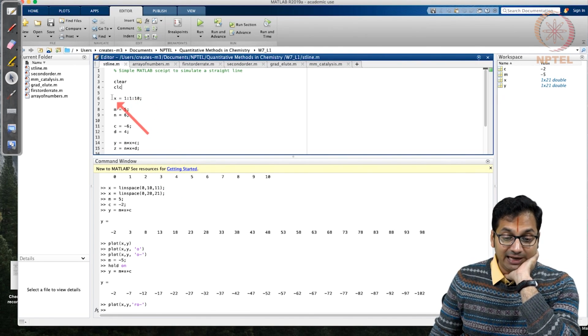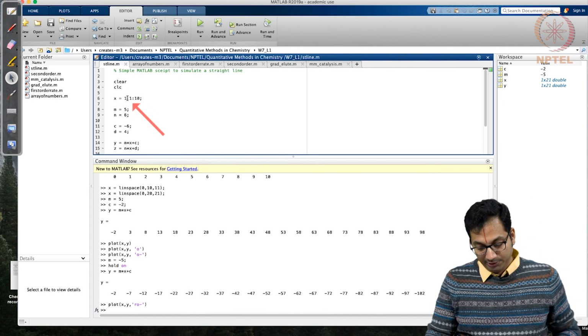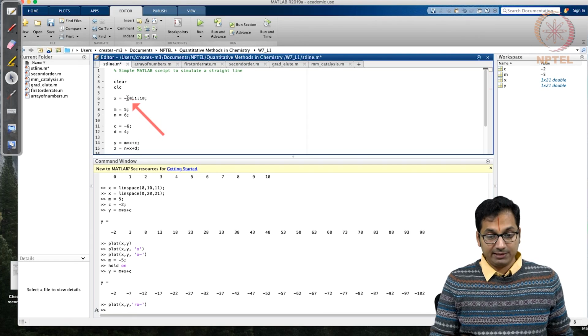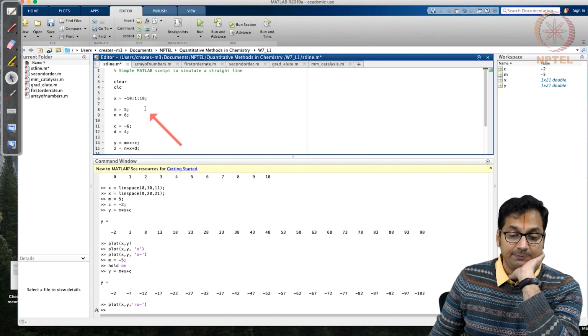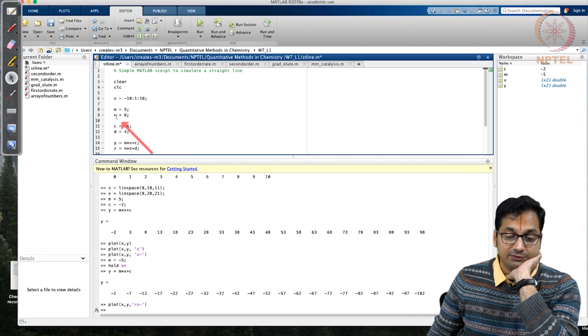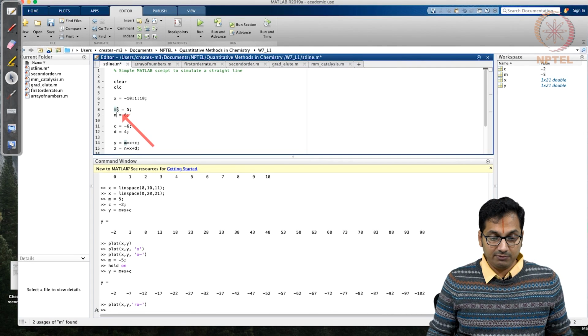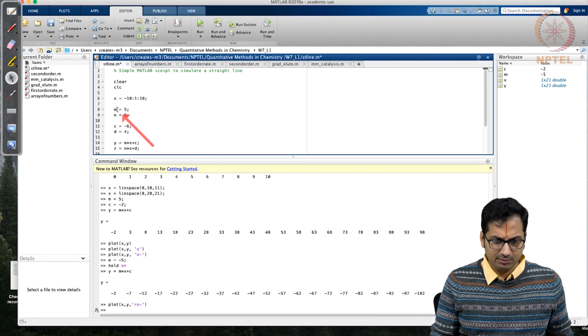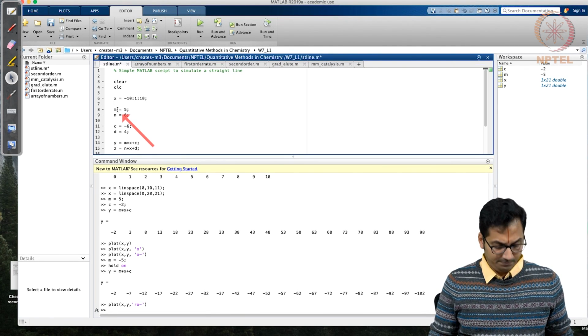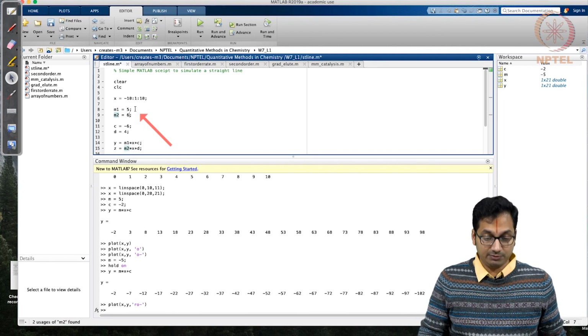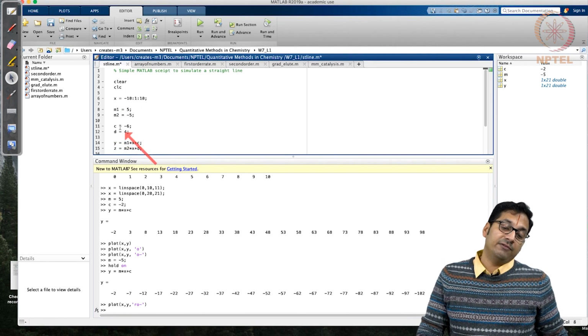And then you're declaring the variable x that goes between 0 and 10 with 1 integer units. Let's say between, we can actually say -10 to plus 10 with 1 integer units. We are giving a certain set of slopes, so we'll call it m1, which is 5. So we are giving m1, that is 5. We can give m2 as 6 or even -5, that's what we just simulated. And then we can give different sets of slope.